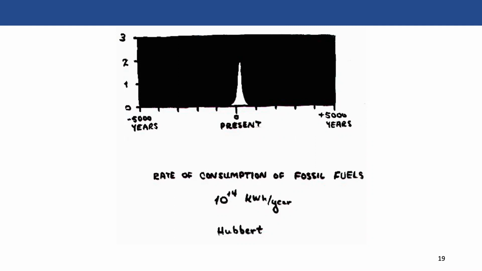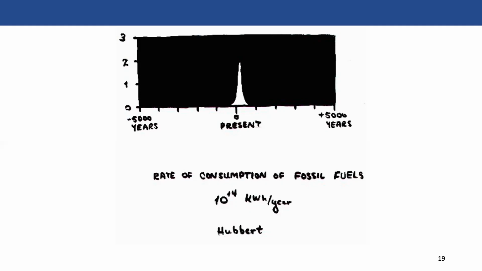But what this diagram is essentially showing is that we are consuming fossil fuels roughly at this rate per year, so 10 to the 14th, right? So this is what we call a back-of-the-envelope, order of magnitude estimation, right? Our rate of consumption will change a little bit from year to year, and there are trends where consumption increases over time, right? You can think about it as energy needs increase or as population increases, we're just consuming more energy.